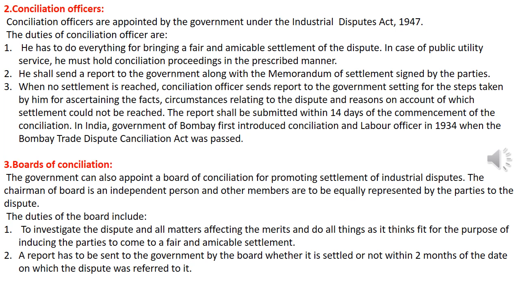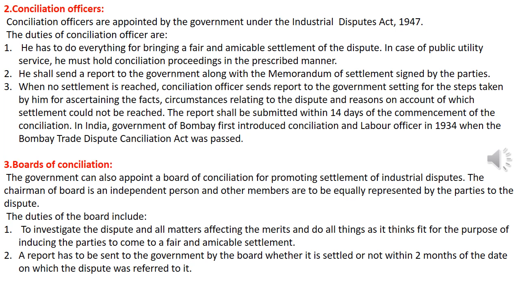So the first conciliation officer was appointed in the year 1934, when the Bombay Trade Dispute Conciliation Act was passed. The next conciliating authority is the Board of Conciliation. Here, the conciliation officer is only up to the public utility services. The Board of Conciliation will also extend its services to the general services as well as to the public utility